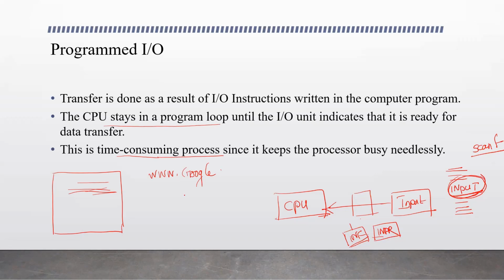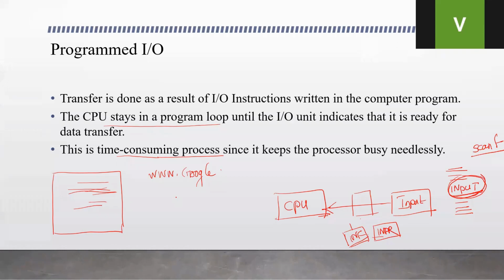It is the same thing here. The CPU, instead of doing the other job, is made to wait for this input device to send data. So in the example I gave you, instead of you waiting for the page to load to get the information, if your computer allows you to continue with making your Word document, and if the computer will inform you when the page is ready, instead of just sitting and waiting for it to load and get the information.